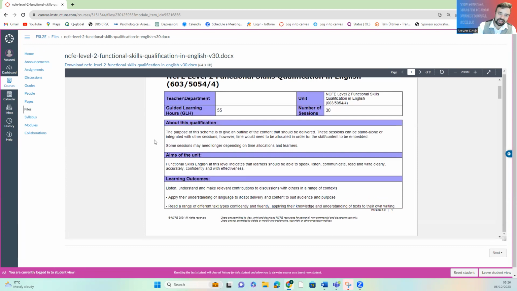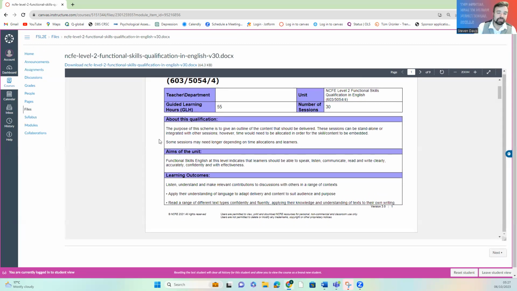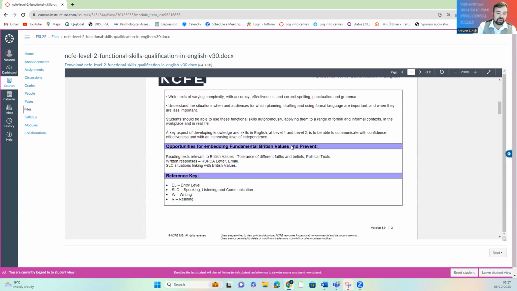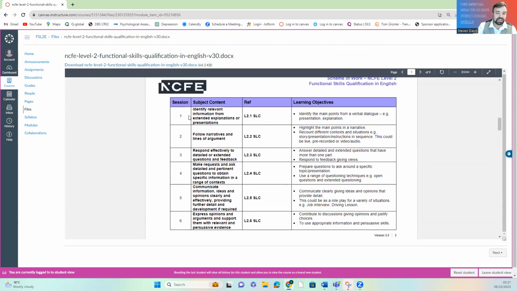So you can see here the purpose of the scheme of work is to give you an outline of the qualification or the curriculum. We're going to look at the functional skills in English. Again, think about the level that you should be able to speak, listen and communicate, read and write clearly, accurately, confidently and effectively. So as we go through this, you'll see session 1,